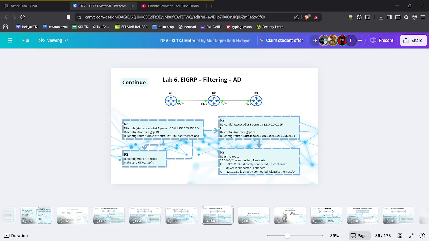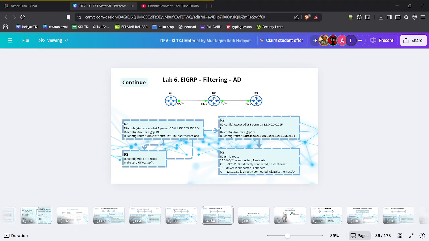So in this lab, we changed the AD of certain EIGRP routes using the distance command on router 2, and we set a specific administrative distance on the routes coming from router 3. Why do this? Sometimes we want to prefer one path over another, or we want to make a backup path less preferred. By adjusting, we can control which route goes into the routing table.